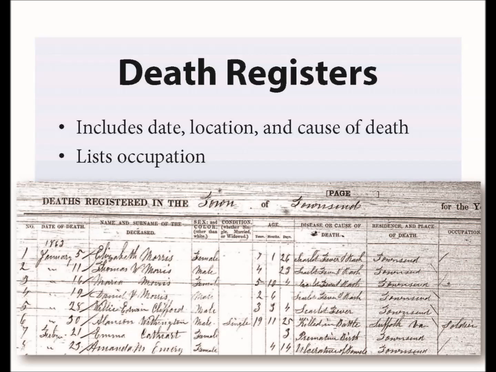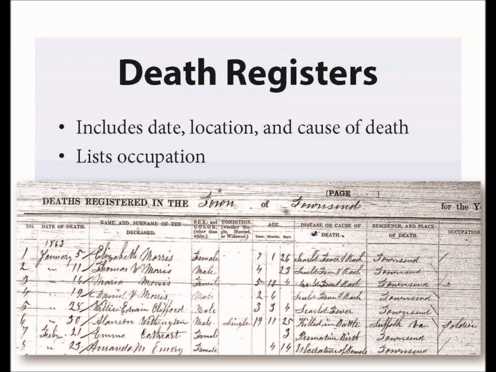The death registers are culled together. Every state is a little different. We're very lucky with Massachusetts, and we have them on our website, Ancestors.org. These are the death registers covering 1841 to 1915 for Massachusetts. And I want you to pay attention, if you have a Massachusetts veteran, to the 1861 to 65 death registers. Now, your ancestor may have died in Virginia, but you might find, as in the case of this one from Townsend, Massachusetts, that Allenson Withington, aged 19 years, was killed in battle in Suffolk, Virginia, and the fact that he